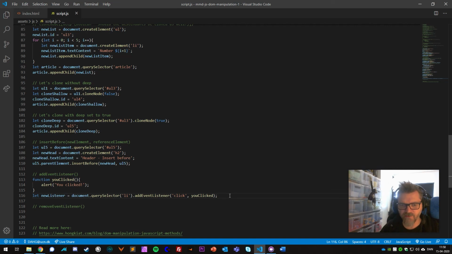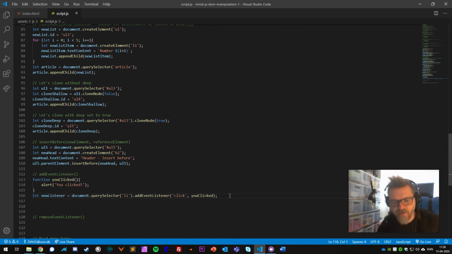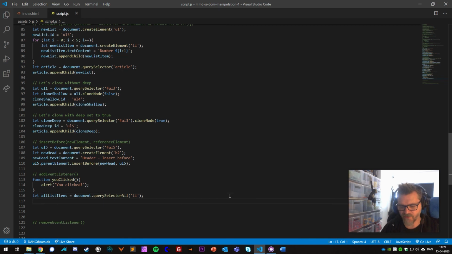Let's try to see if we can do something finding the rest of them actually. Maybe we can use something in the likes of, yeah, querySelectorAll list items. So let's find all list items is equal to document querySelectorAll list items. Alright, so let's try something here. So we say all list items for each,